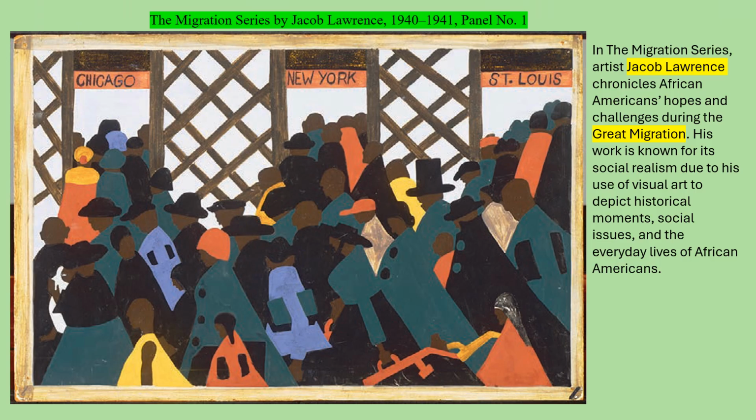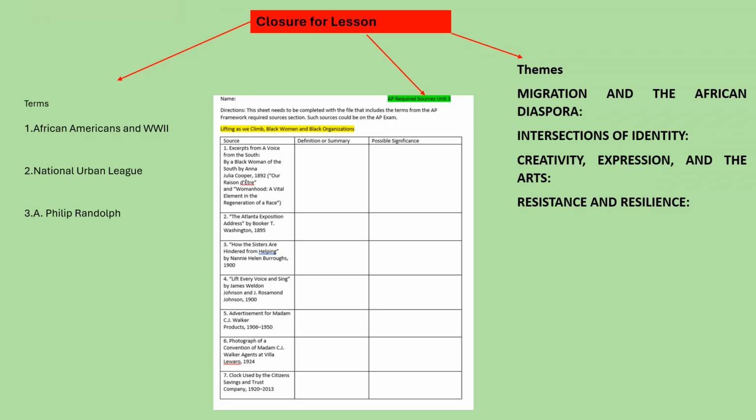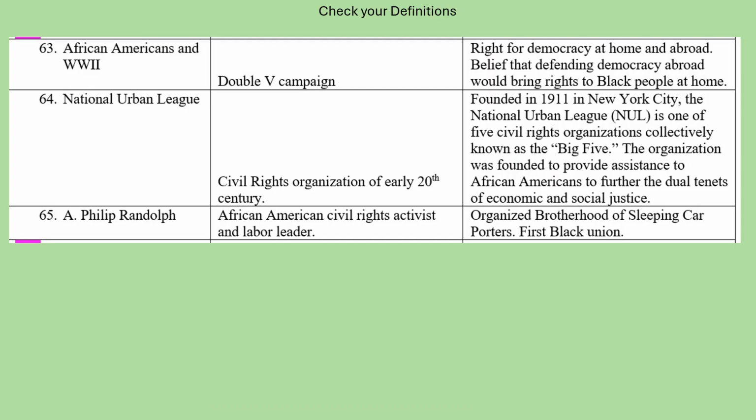Here we transition to some of the additional resources that are required. Another painting by Jacob Lawrence trying to depict the Great Migration. Notice the places. Another map of the Great Migration. And the terms you want to be able to define. Make sure you've also completed the source sheet. And if you need help with the definitions,